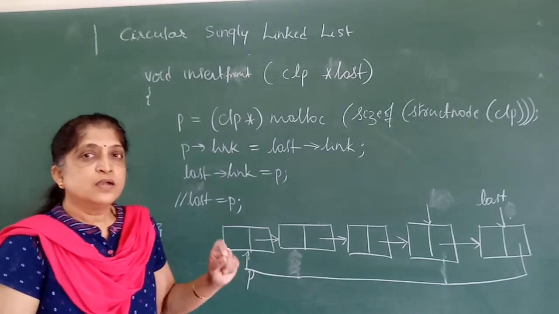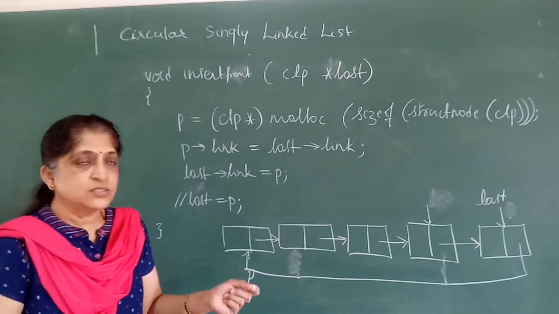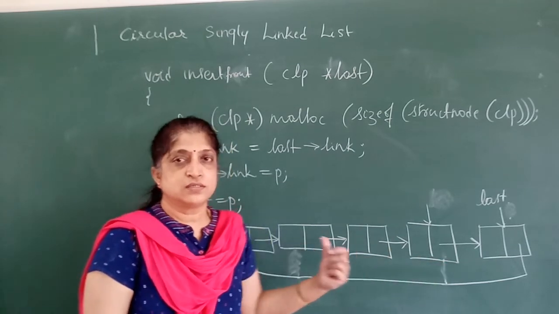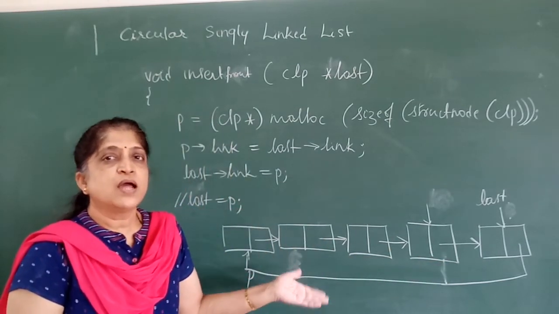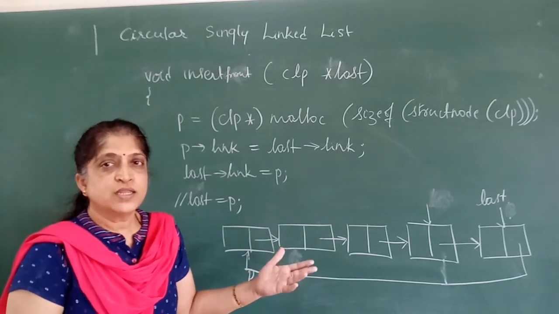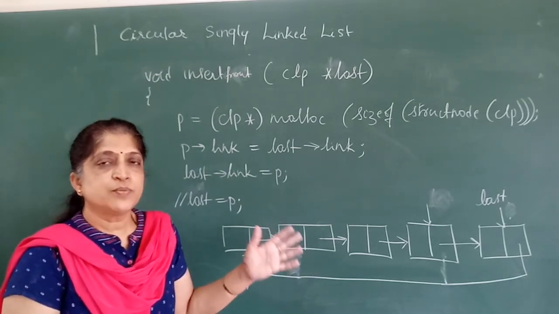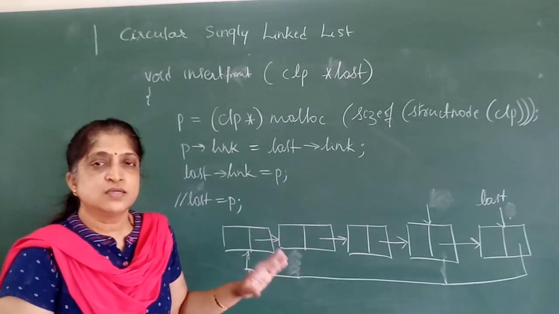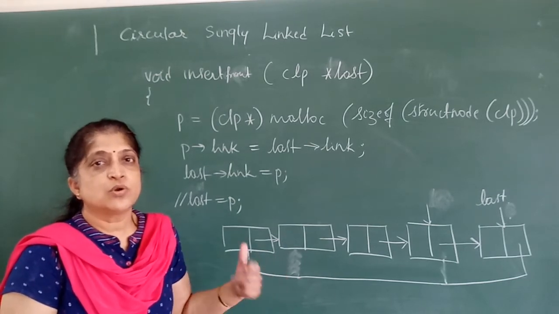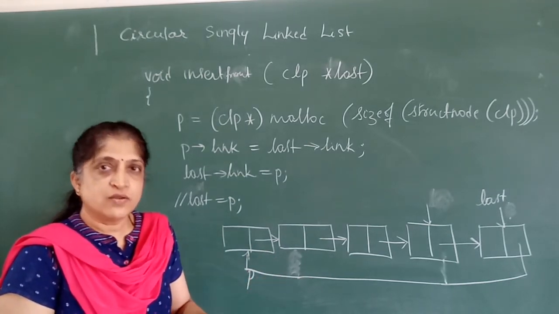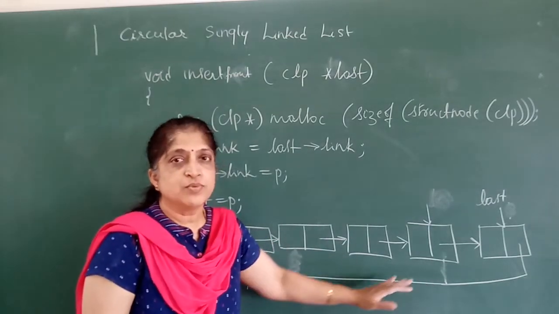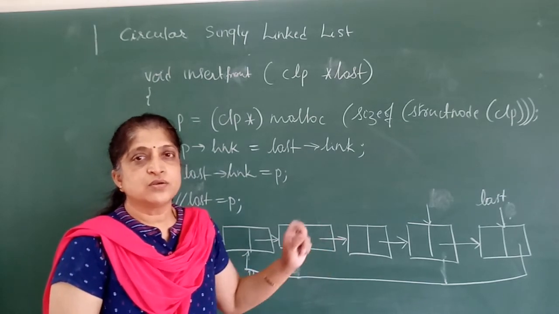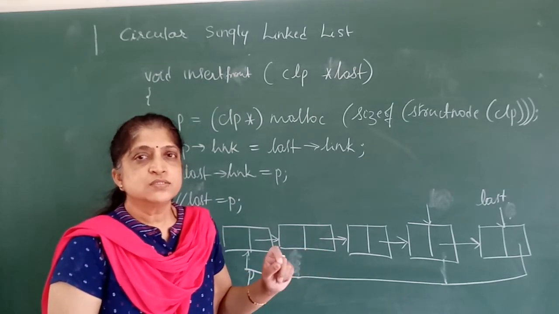Therefore, it is preferred that in a circular linked list we maintain a pointer to the last node. With that, inserting at the rear and inserting at the front, that is processing the last node and processing the front node, will take almost the same time. That's the reason we prefer maintaining a pointer to the last node in a circular linked list. Of course, again it depends on what type of implementation you want. And of course, to access any node in between, we have to traverse. So the advantage here is to access the front node and the last node in the circular linked list.